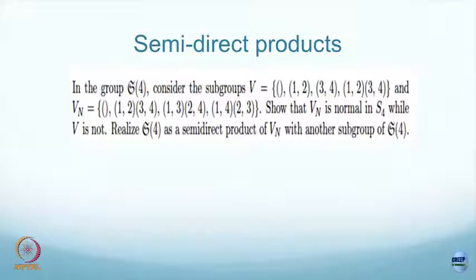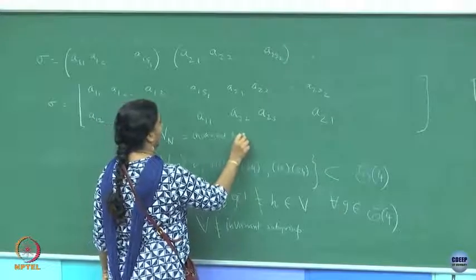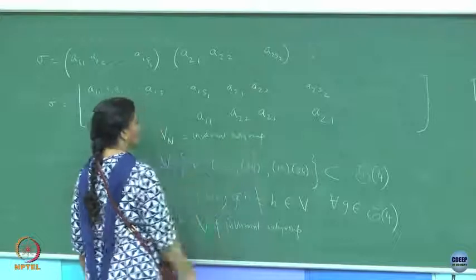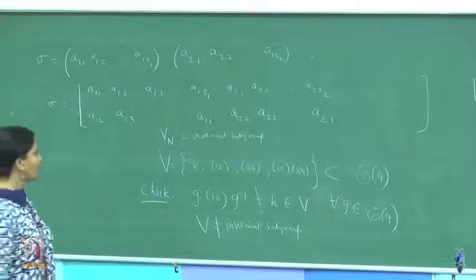So, you need to look at the other group which is given also, do a similar exercise for Vn, and you can show that Vn is normal while V is not, okay. The same arguments you have to do, but you will be able to show that for the other group Vn, it will be an invariant subgroup. By the way, does Vn belong to the alternating group or no? What elements does Vn have?